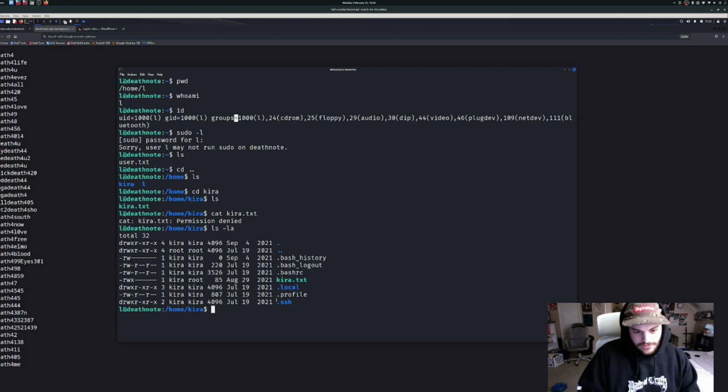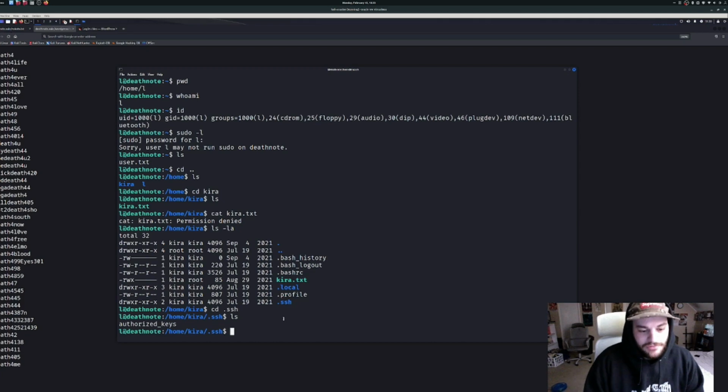So this is interesting. So obviously there's a .ssh file because we SSH'd into this machine. But let's look at the permissions on that. The user has read, write, and execute. Fair enough. But other users have read and execute, and groups have read and execute as well. So we can go ahead and go into that .ssh folder,